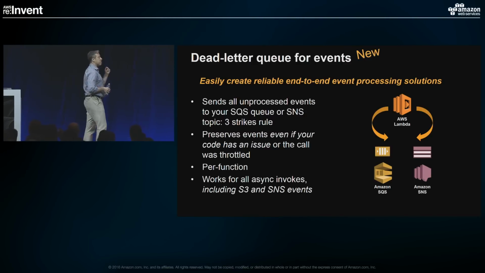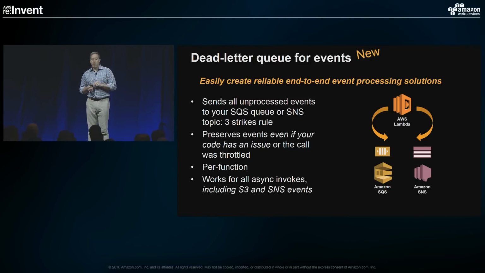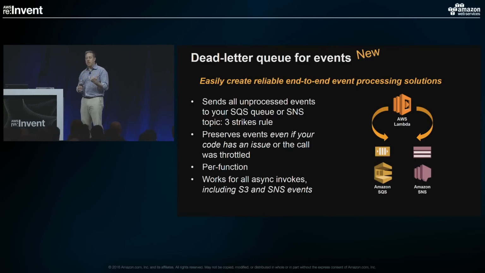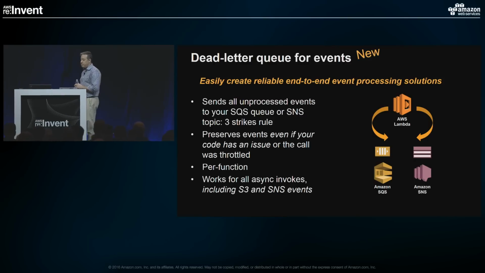So we're really excited today to introduce dead letter queues support for Lambda. And the way this works is that, yeah, we're excited too. It's super easy to configure. You basically just tell us, here's the ARN of an SQS queue or an SNS topic. And anytime we're not able to get your event successfully processed through your code, so we don't get a successful return from it, we'll send it to either that queue or that topic for you to take action on it.